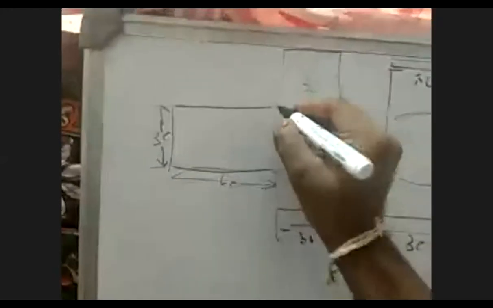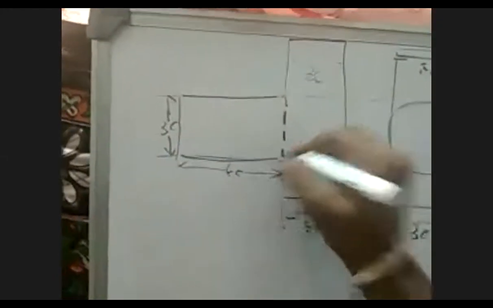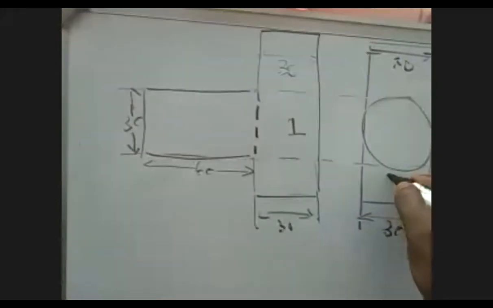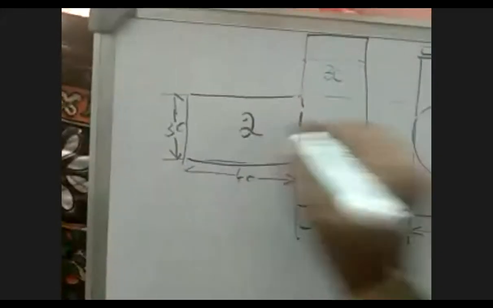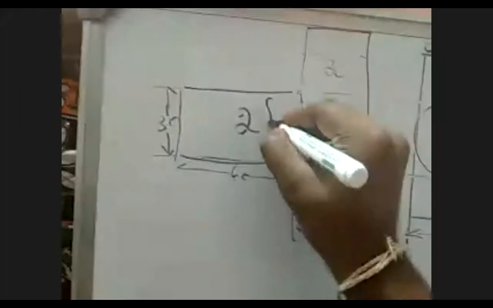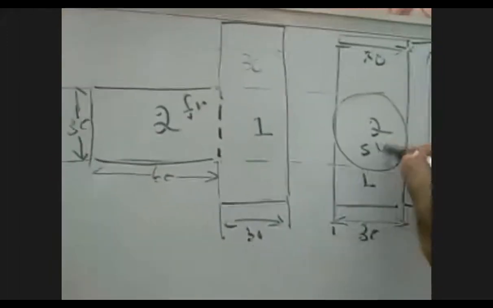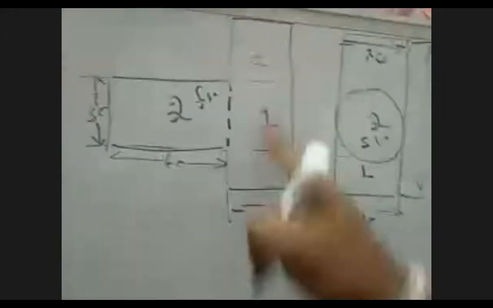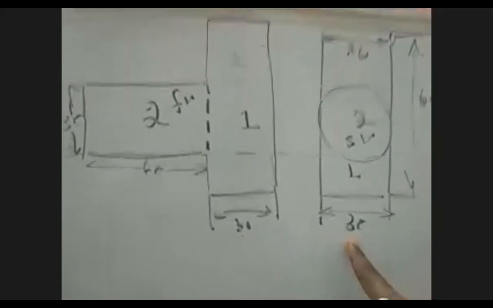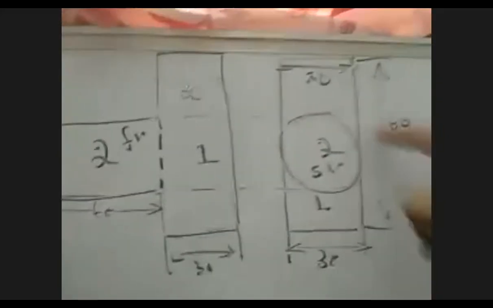What is the axis length? It is 60. As I said, split the profile into two solids. Solid 1, which is standing, solid 2, which is sleeping. This is the front view and this is the side view, right? So in the standing solid, it is 30 by 30. As you said, 30 by 30 is a square, axis length 60.